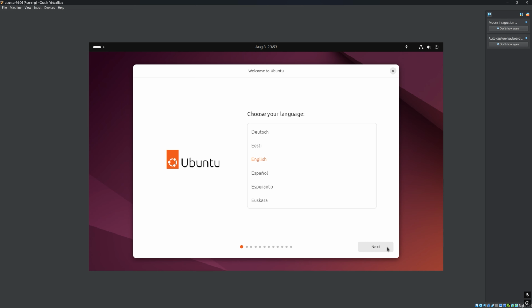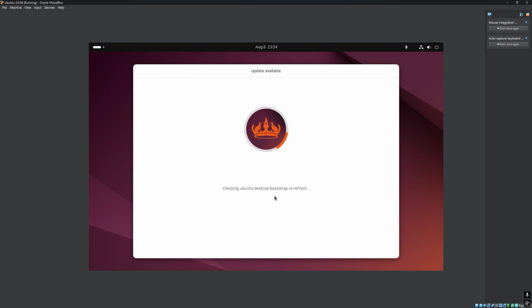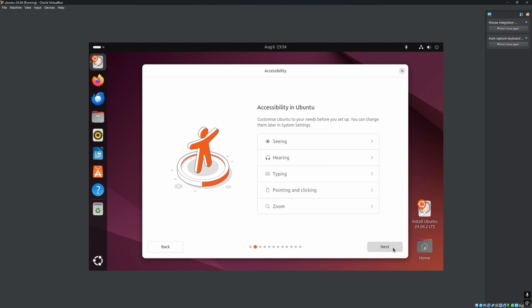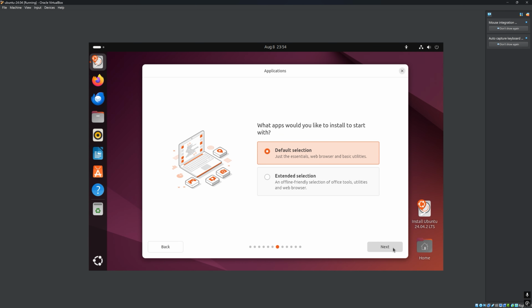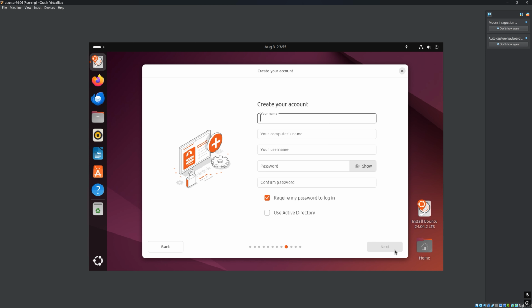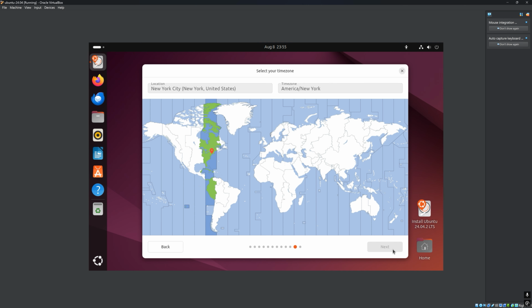Once the Ubuntu OS has finished booting up and you see the actual Ubuntu GUI, you'll be greeted by this Ubuntu installation wizard. Go ahead and go through each of these prompts on your own to customize your Ubuntu installation to your liking. If you choose to update your installer, just relaunch it after the update and resume going through the prompts in